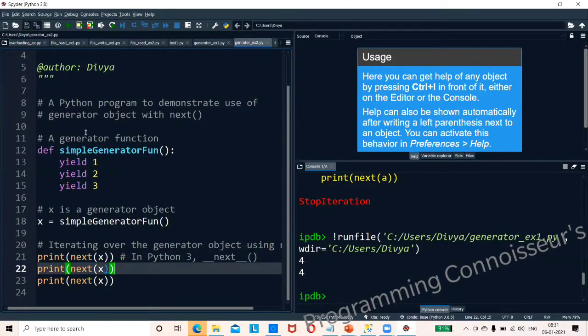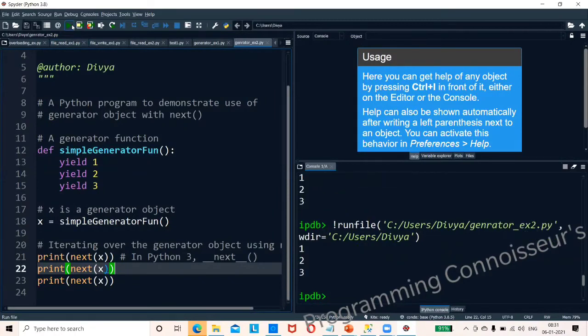Now if I run it, every time a new value comes. Three times we have called: first time the first value, second time the second value, third time the third value. So we can keep n number of yields.